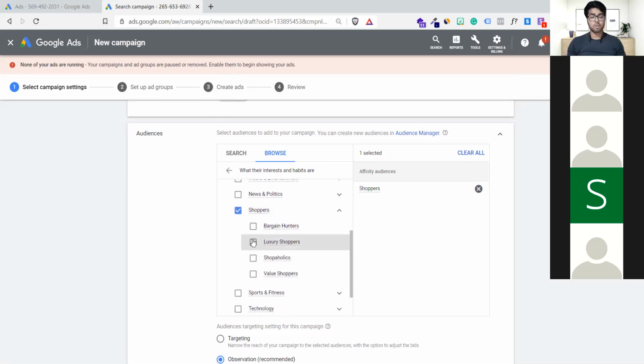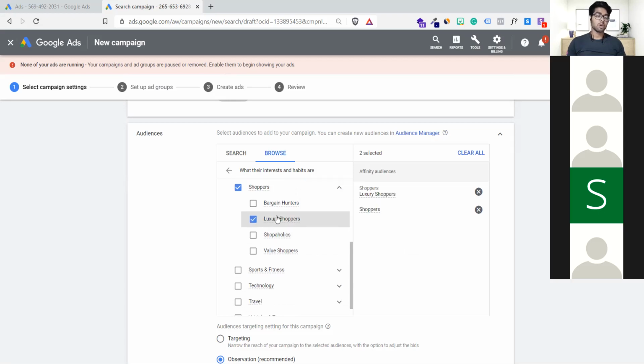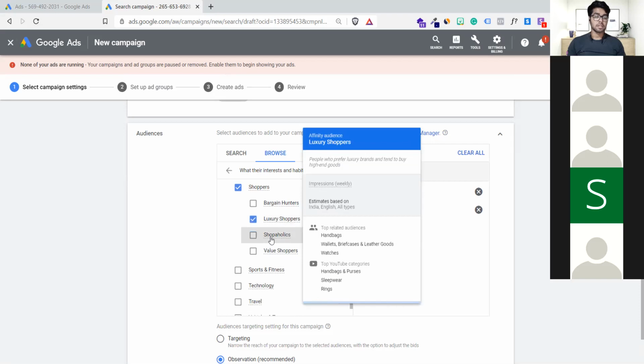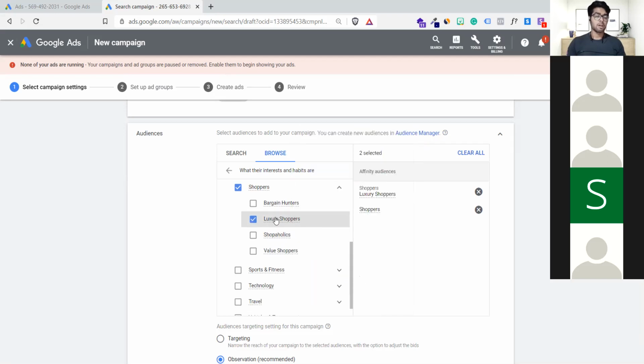Those who are luxury shoppers. If you are running an advertisement for a luxurious brand like a jewelry brand or diamond brand, you can click here. If you are running ads for people who like the hotel industry, like five-star hotels and all, you can use this option because it will be highly targeted toward those who are interested in this kind of luxury shopping. Of course they will be rich.